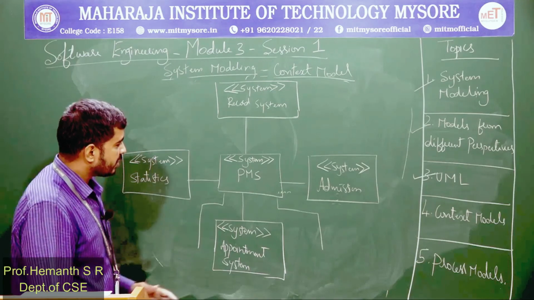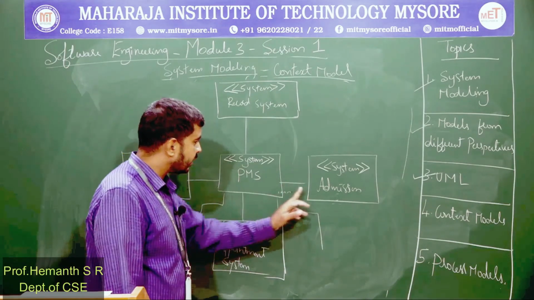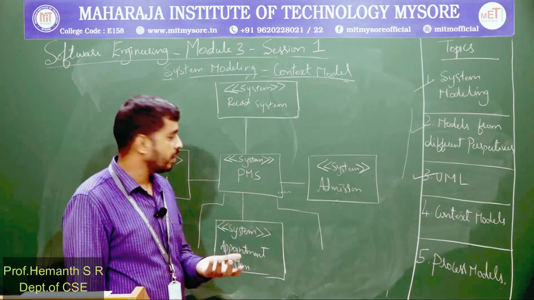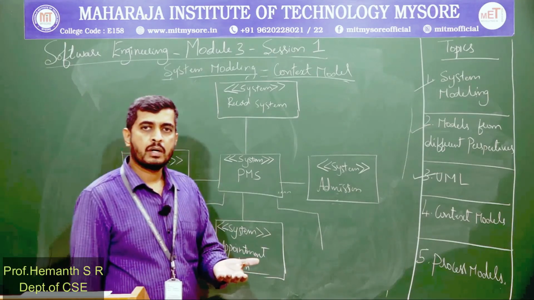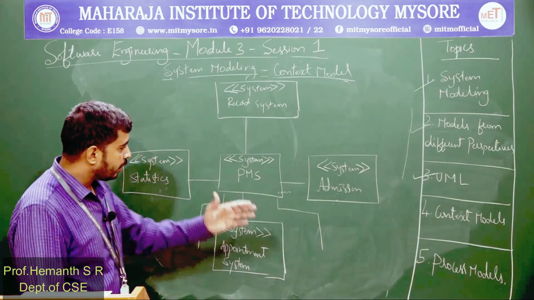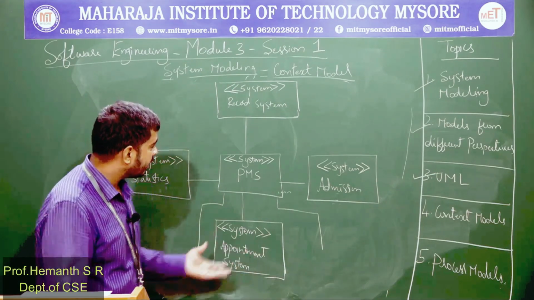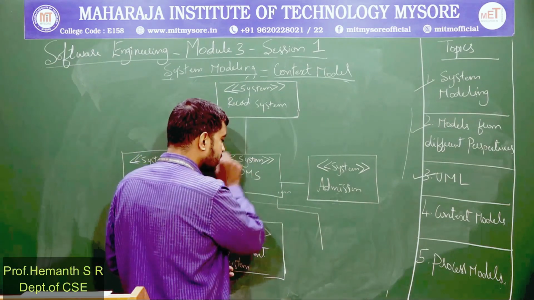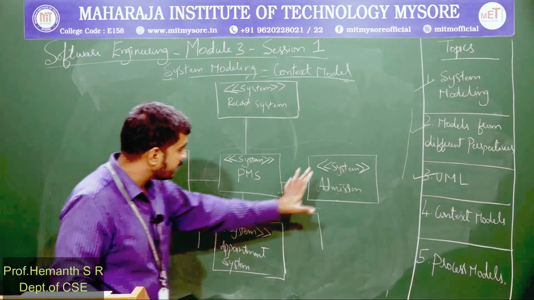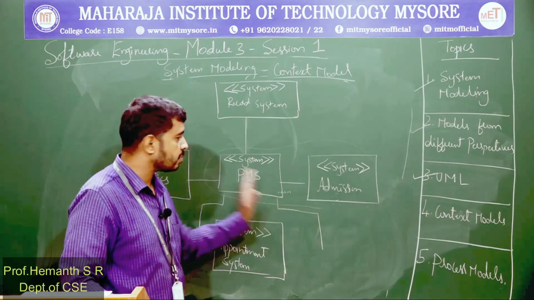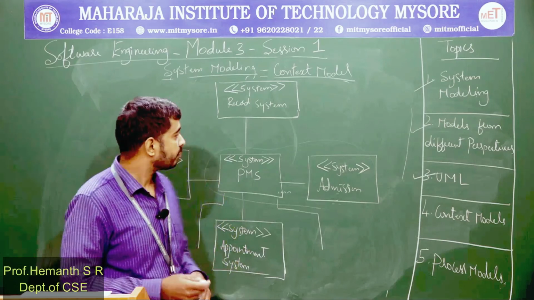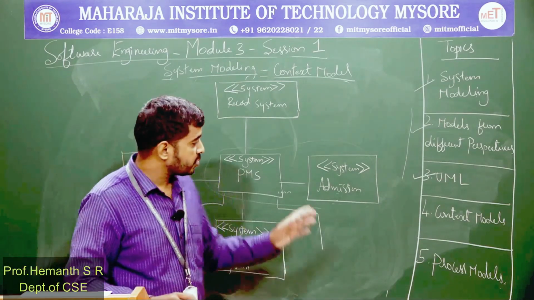Now you may start wondering, this line that is indicating some interaction is happening, how is the interaction happening? It depends on how exactly the deployment will be planned. Deployment during implementation may be planned in such a way that this admission system and PMS may be connected through a network, or they may sit in a single server but as separate systems. So planning about it can be done during deployment. So this was the context model.